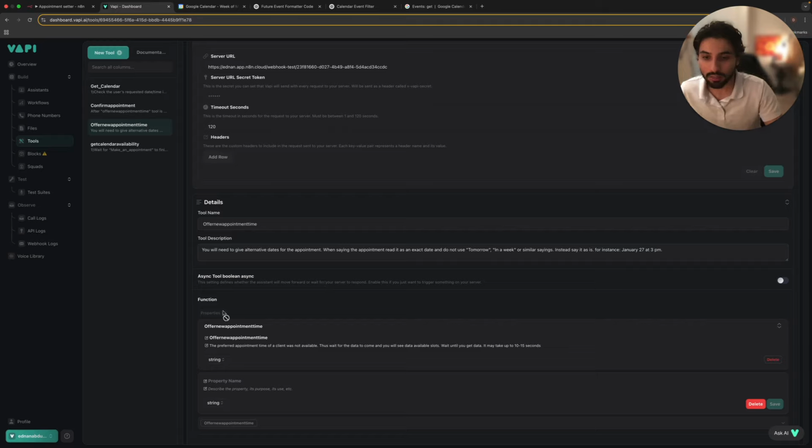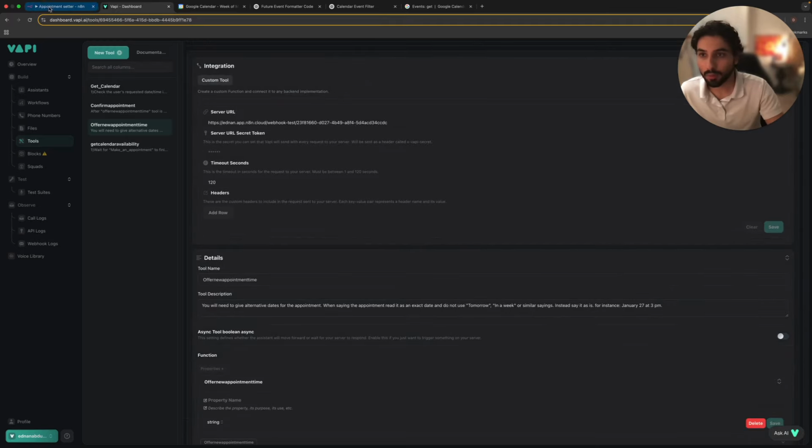I also created a function called offer new appointment time: the preferred appointment time of a client wasn't available, thus wait for data to come and you'll see the available slots. Wait until you get the data. It may take up to 10-15 seconds. Sometimes it will bug and go too fast, so I give it this function. So if you go back,